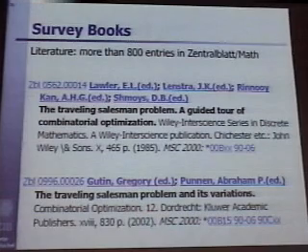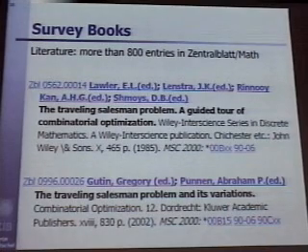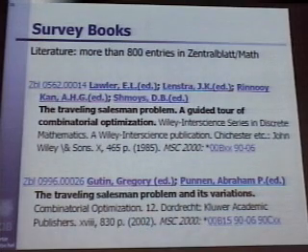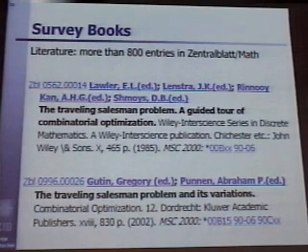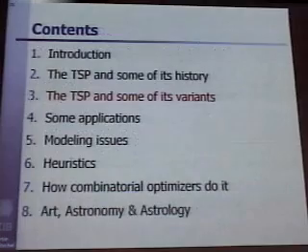If you want to know more about it, here are two survey books. That one is from '85. That's still a pretty good book. And here's one from 2002 that has articles on all kinds of aspects. I just went into Zentralblatt Math, and I found 880 entries having traveling salesman in the title. And now you have it with two L's and one L, and you get even more. I mean, traveling is not so clear how to write it.